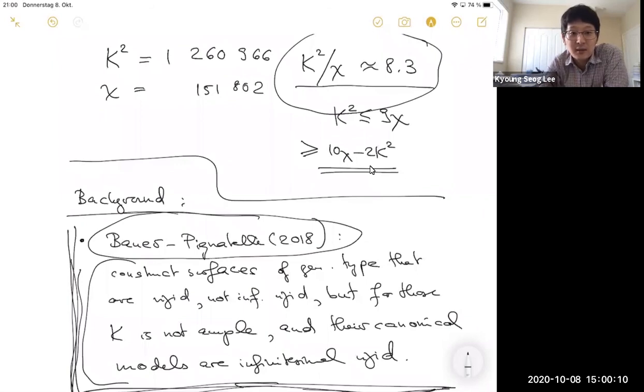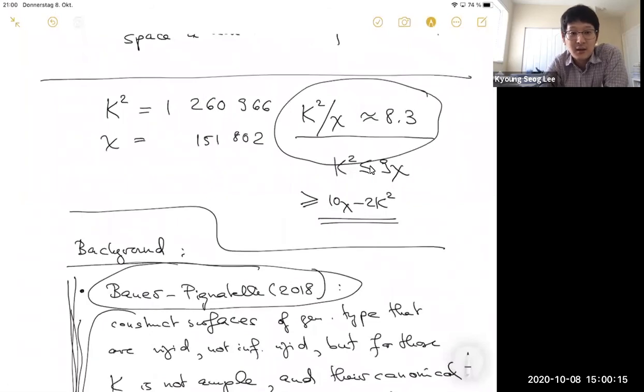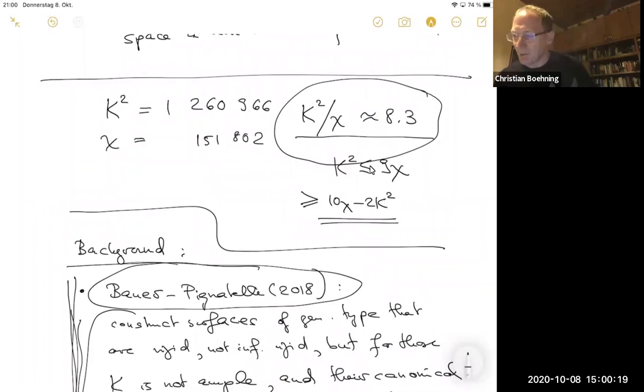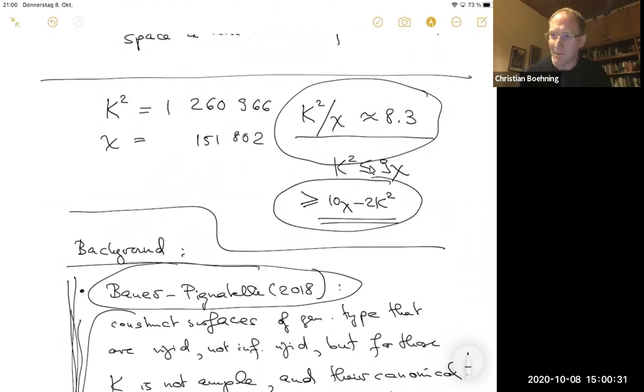And so what I mean, is there some rigidity that has something to do with this ratio? So when this ratio is high, then the surface has a tendency to be rigid. Yeah, because you see the number of moduli is simply bounded. So it definitely has to be higher than 5 for it to have any chance to be rigid, because the number of moduli is bounded from below by 10 chi minus 2K squared. So this should be non-positive. Yes. But then in some sense, one could say intuitively, if it's higher, it gets better and better.